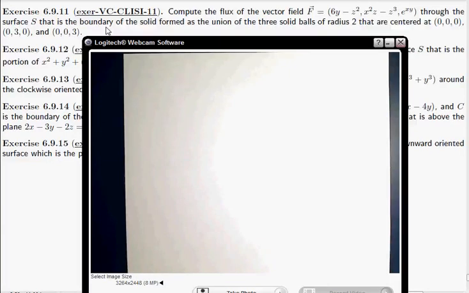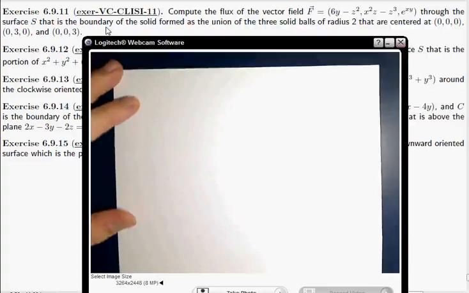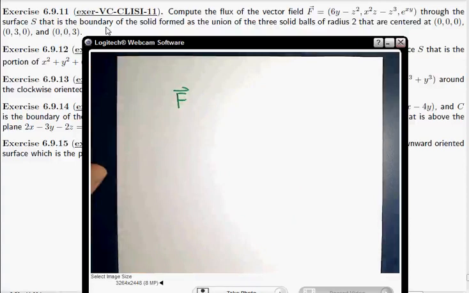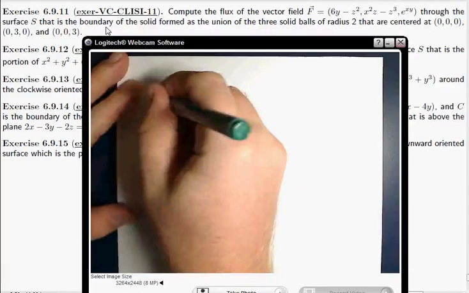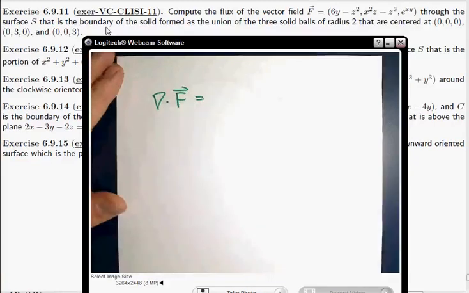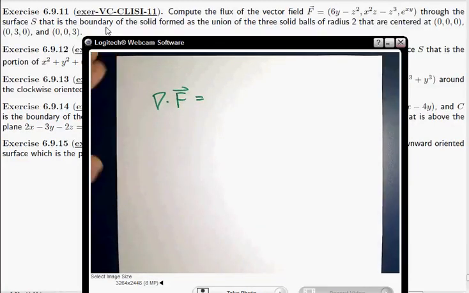So certainly the very first thing we're going to do, and that's really always the case, is take our vector field and do what the diagram tells you to do given where you are. We're computing flux, so the diagram says compute divergence. And the divergence here is 0 plus 0 plus 0,